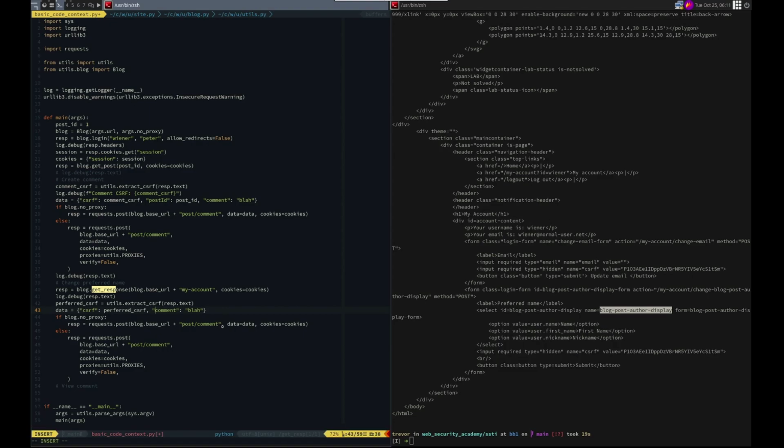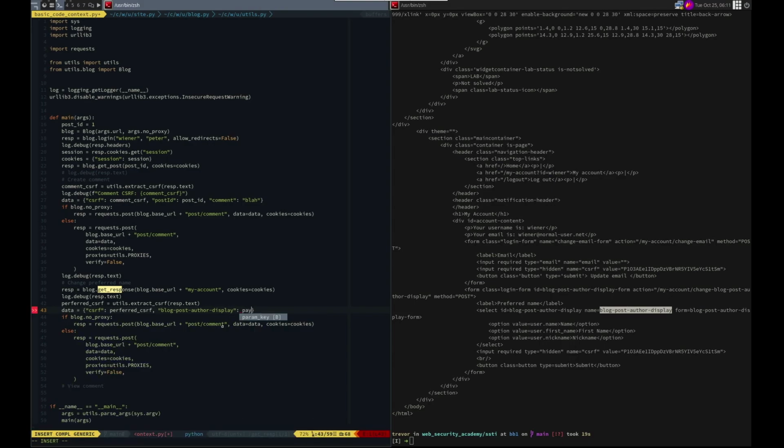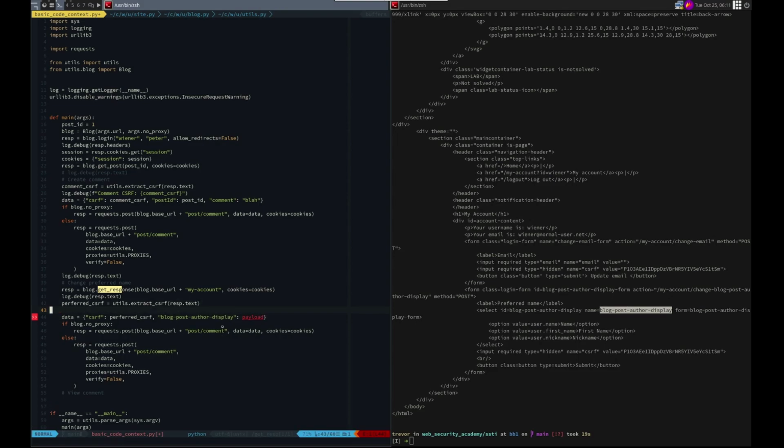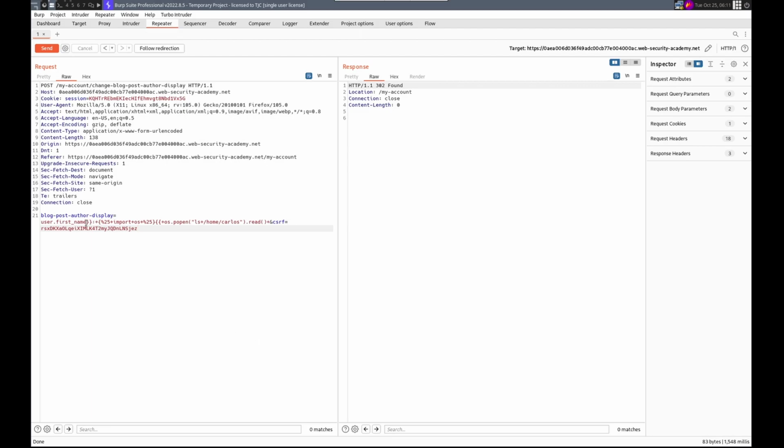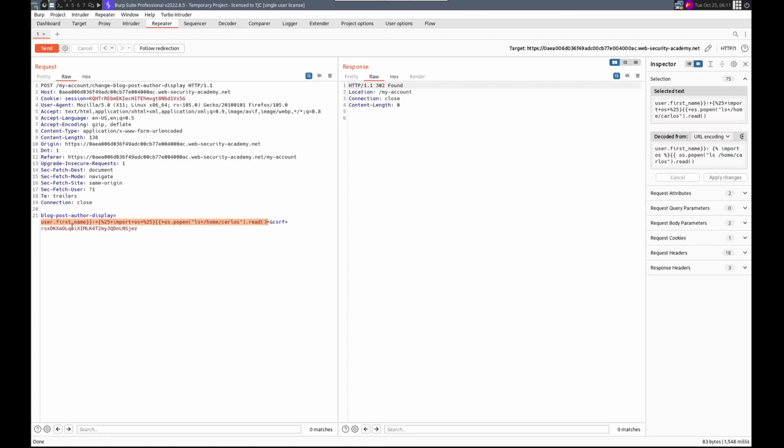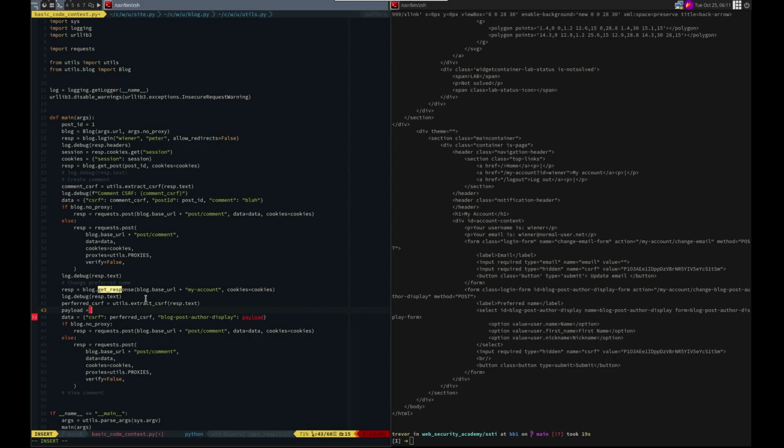Copy, paste, DT this. This is going to be our payload. It will automatically URL encode that for us. Is that right? I don't know. I don't know if it will. Let's payload. I can't remember. Equals. Let's put in this one to start with. So we want user.first name, boom boom,